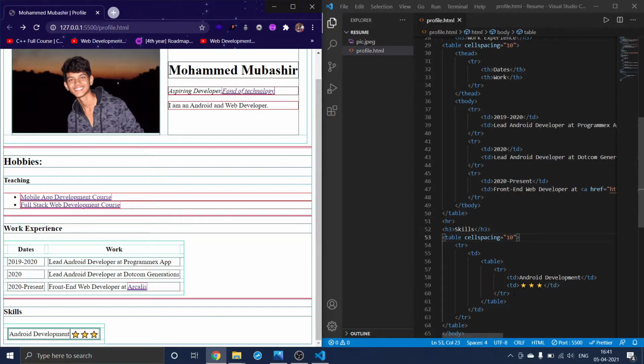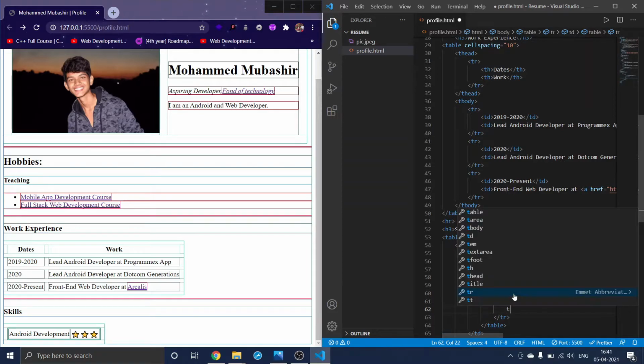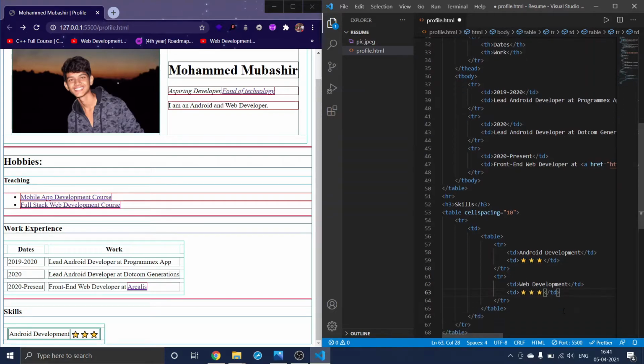So let me give another row here, tr, and in that tr I need a td, which says web development, and I'll copy paste that, and again I will copy these stars and I'll paste it here, right?